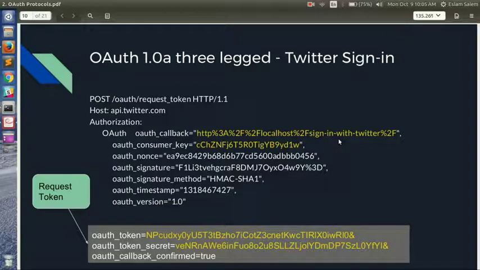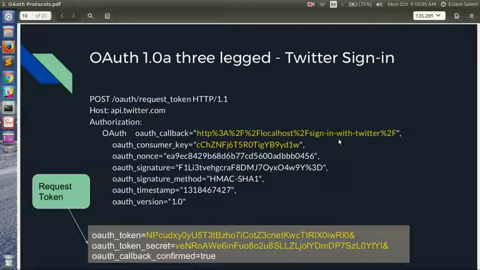If a website wants to implement a sign-in button for Twitter, here is what the flow will look like. First, when you go to the website and click sign in with Twitter, you want to sign in with your account on Twitter. The application, let's call it the localhost application,